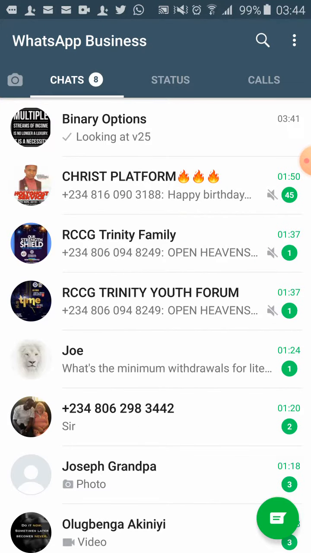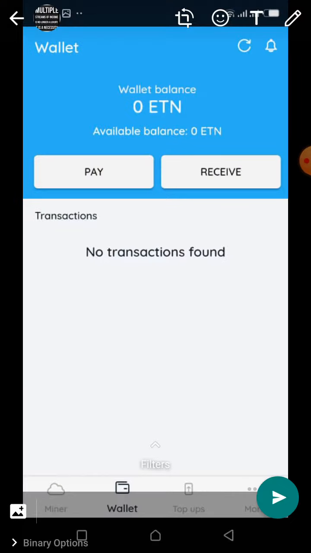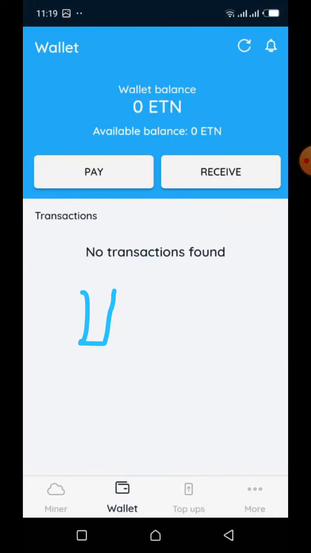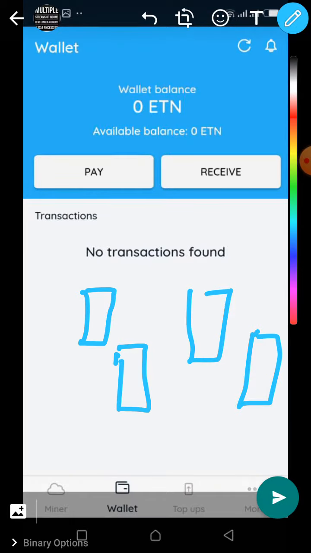No. Let me come here. Okay. Now let me show you an example of a low bar. Something like this. This is a candle. Then another one forming like this. This is an example of a low bar. But when you see something like this, it's not a low bar. They have to form almost like after each other. The wider the gap between them, the stronger the low bar is. I hope you get that one. That is a low bar.